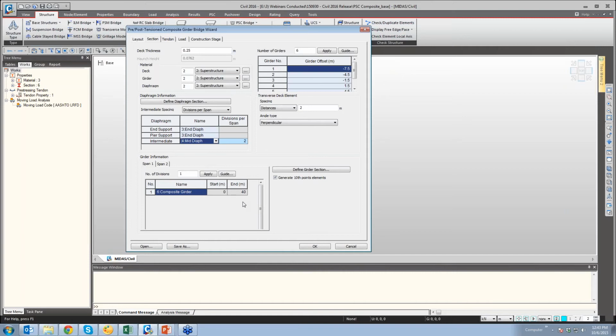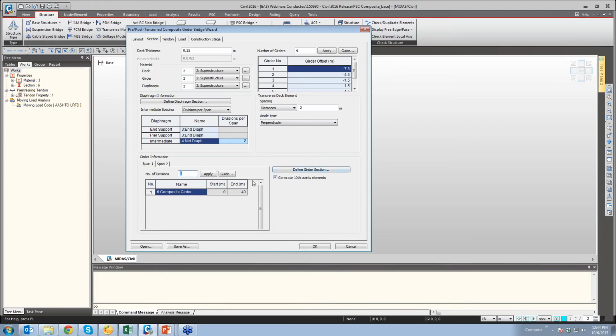Okay, now in this case, I am considering the entire girder to be made of just a single section. So that's why I have not divided it further. If I want to add sections, say, for the support section and the tapered section from support to mid, then I can divide. If I enter the number of divisions as 5 here and apply, that many divisions will happen, and we have to enter the start and end distances to define the support length, the tapering length, the mid span, and so on.